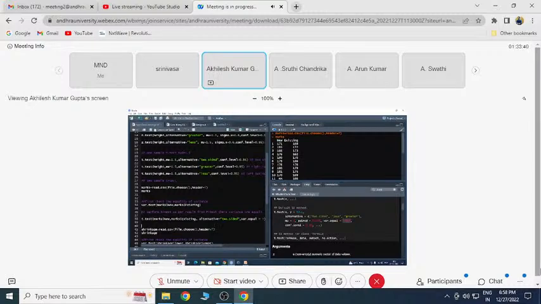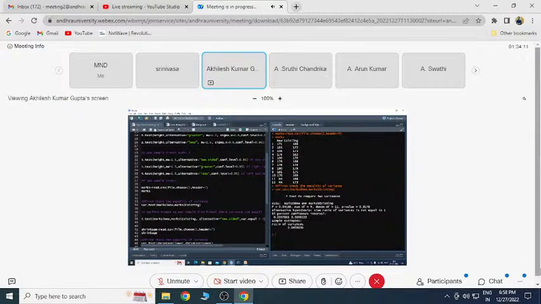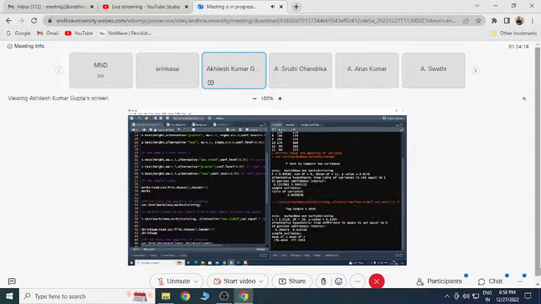Here you can see that I have given the t.test command my x value, my y value, and my alternative. I want a two-sided test, and I have given the argument var.equal equal to T. Instead of writing TRUE in full, you can also write capital T for true and capital F for false. It will be accepted as true and false. So I have written var.equal equal to TRUE because my F test showed both variances are equal. I ran this command and I got the two sample t-test.